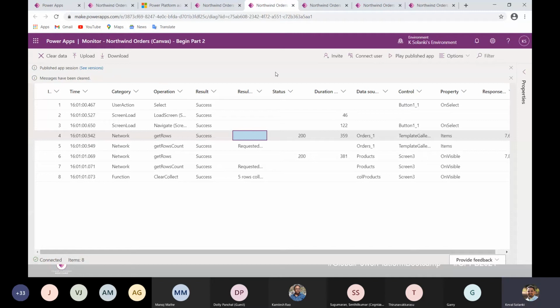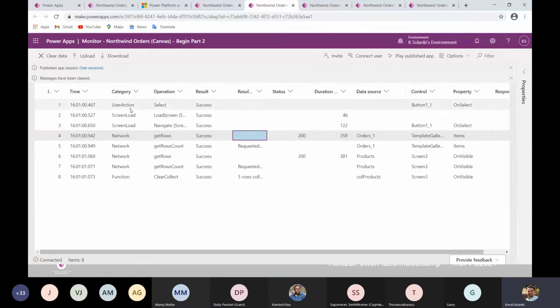Now, for monitor, it will give each and every event. For example, when we load the screen, it will show the operation that was done and the result. The timing is very critical when we are talking about performance, so you can monitor the time.